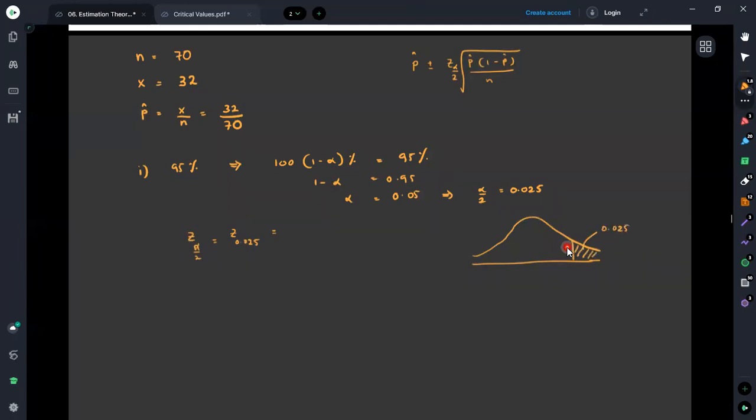If the right side of this point is 0.025, then this uncolored area will be 0.9750. Then we need to find the value which gives this uncolored area as